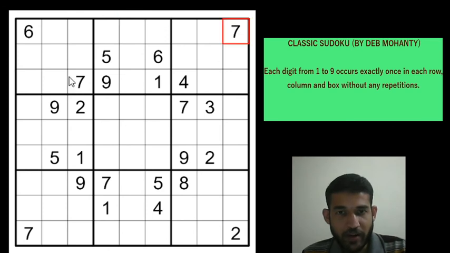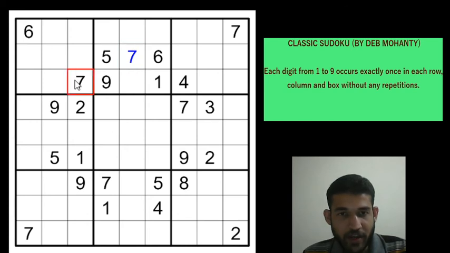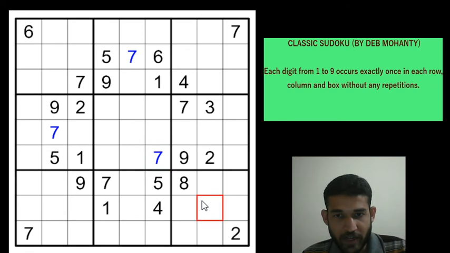There is a 7 in row 1 and a 7 in row 3, so you get the 7 in box 2 here. And because of the 7 in column 3 and 7 in column 1, we'll get the 7 in box 4. And 7 in box 5 has only one cell left now. 7 cannot be in row 4, 7 cannot be in row 5, and it cannot be in column 4 and column 5 as well, so 7 will be here. And you will get the 7 now in row 8 column 8 because of the 7 in row 4 column 7 and 7 in row 1 column 9. So we have filled all the 7s now.